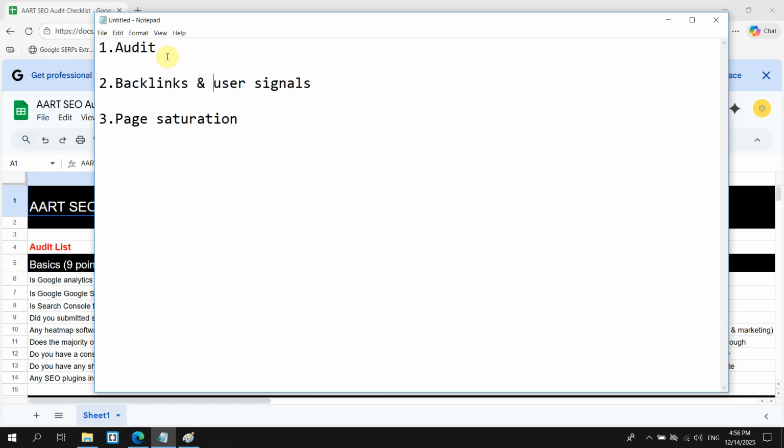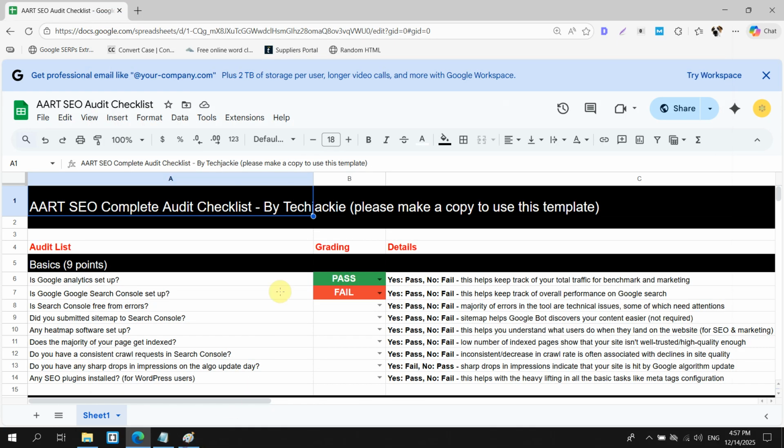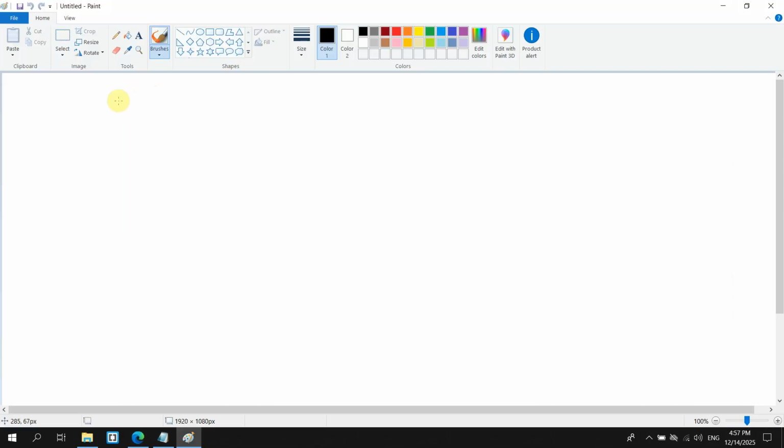Before we get into these 3 points, let me explain why it is so difficult to get your keywords moving from page 2 or page 3 to page 1 of Google. Imagine you have a brand new website, a brand new page or keyword, and you're starting from nowhere.